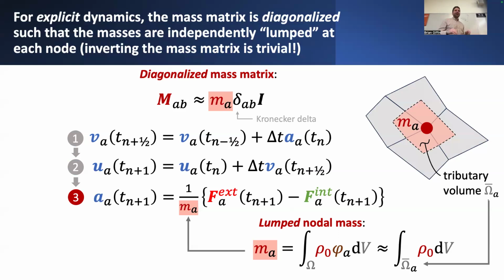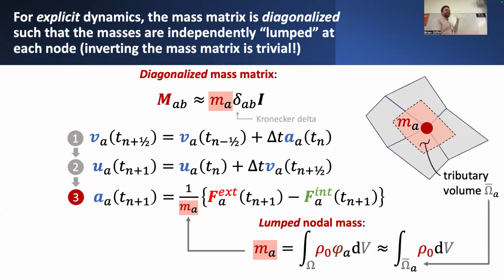So it's a little bit of an approximation, but the main benefit to doing this is that now, if our mass matrix is strictly diagonal, inverting this mass matrix is trivial because all we have to do is just go along the diagonal and take the reciprocal of each of the diagonal entries. So effectively what that means, at least for our algorithm, is that if we wanted to do this same update